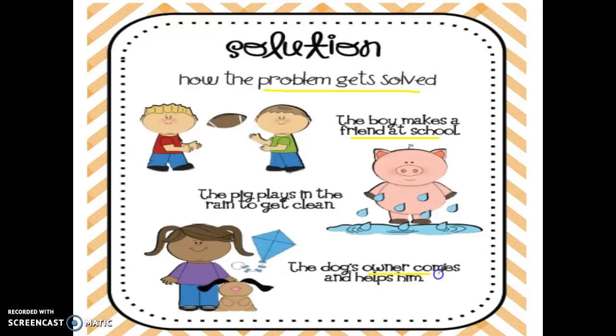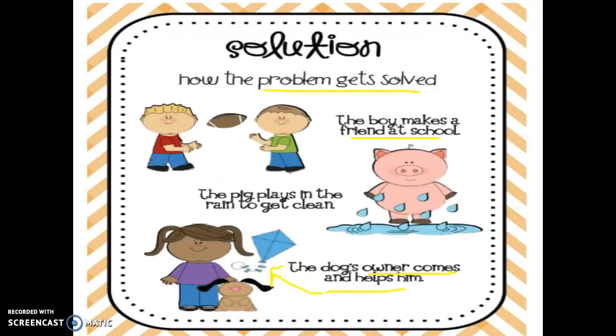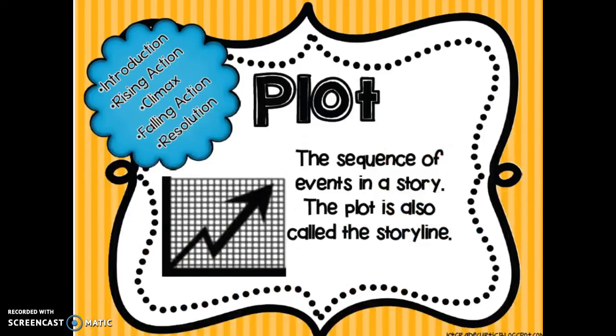The dog's owner coming and helping him get untangled from the kite would be a solution to the dog's problem. So we will always see that there are problems throughout fictional stories, and the characters will always work through and find some sort of solution. Now in the video it said that we would always have a beginning, middle, and end. There would be events in a story. And that was right. We call those the sequence of events in the story, that beginning, middle, and end, the